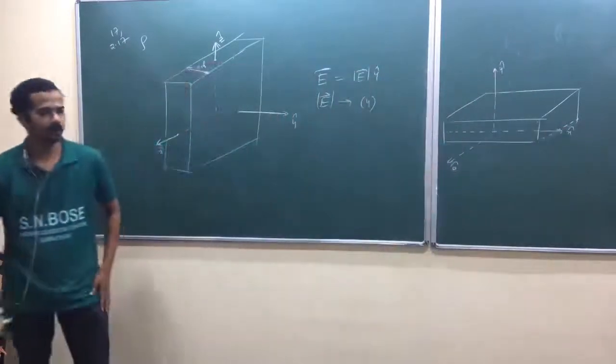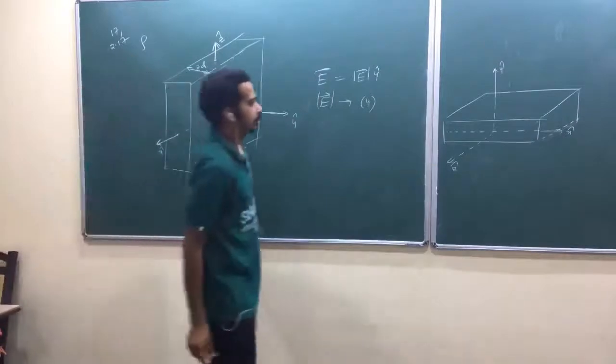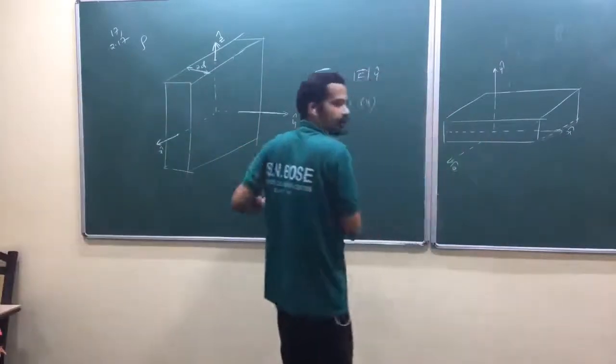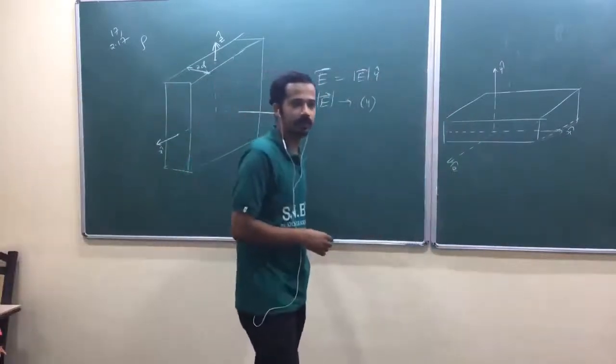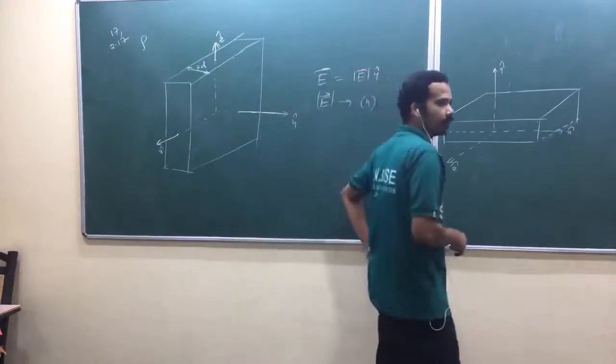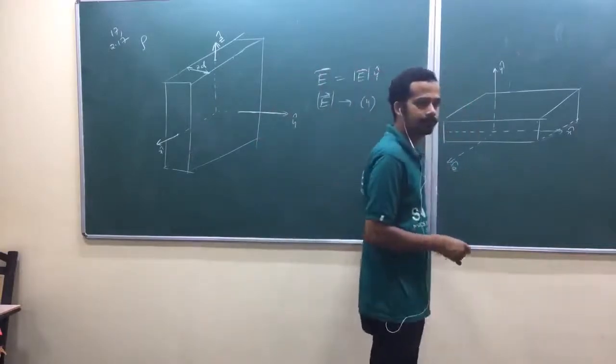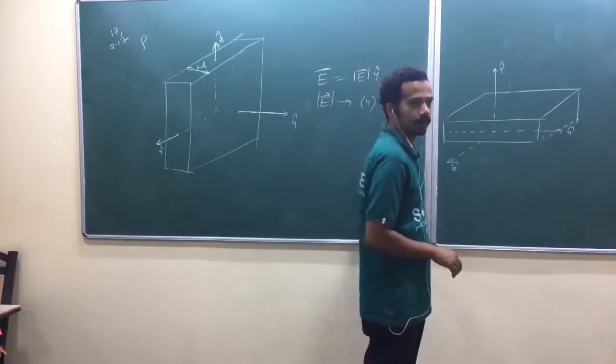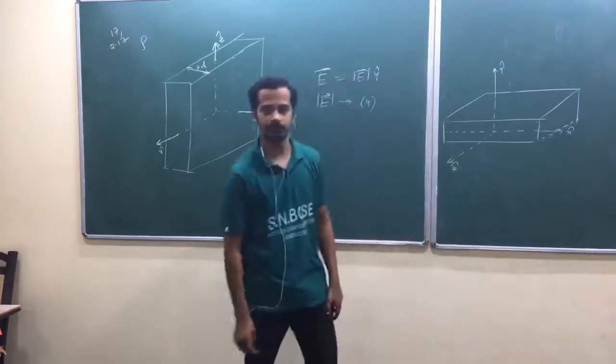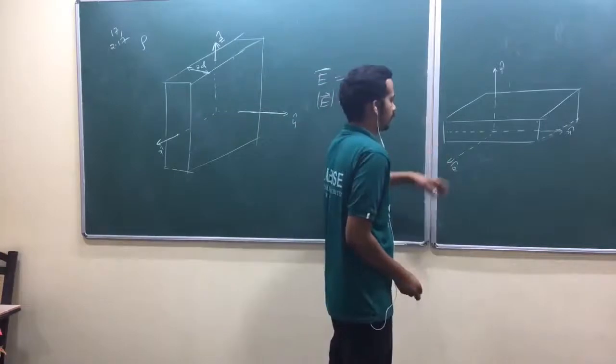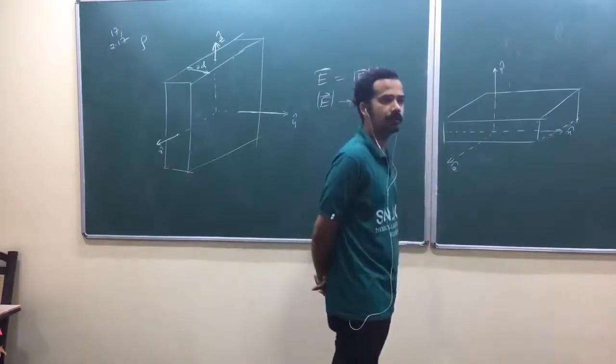Is that okay? So now look at here. I'm taking one of the cross sections. It is infinite in this extent also. Now I have to take a kind of Gaussian pillbox. Just like our planar symmetry, isn't it? We have to take one Gaussian pillbox and then do our surface integral over that one.